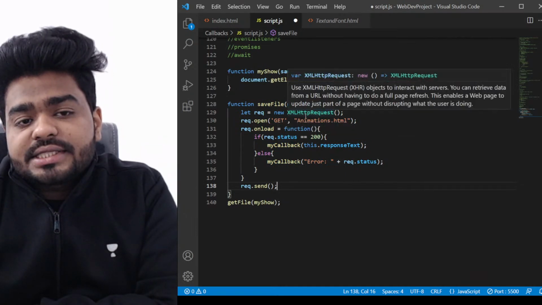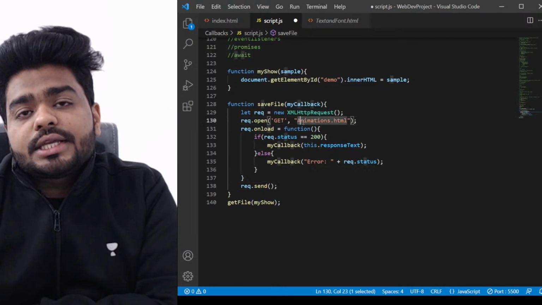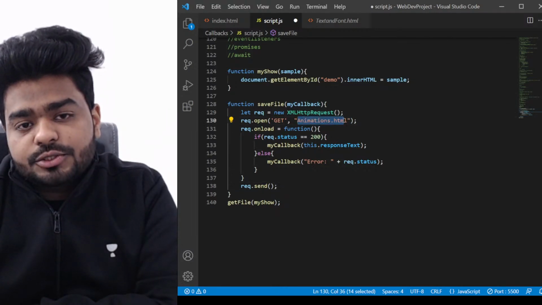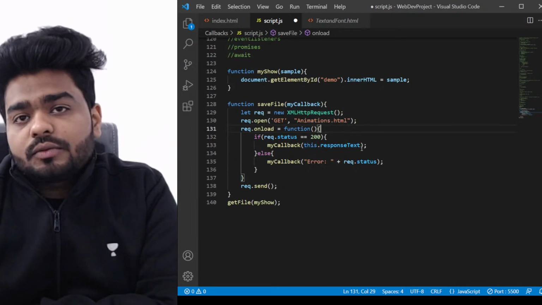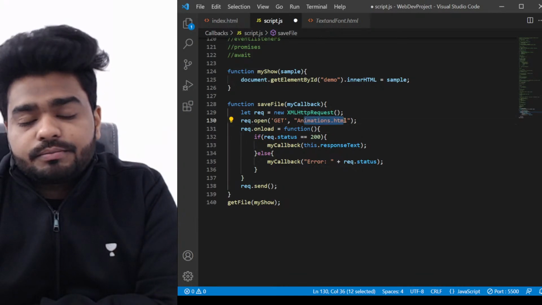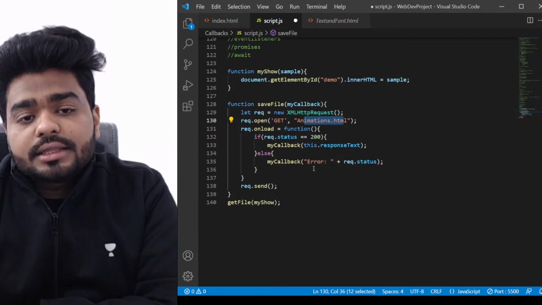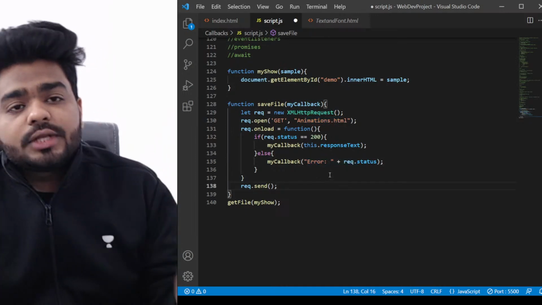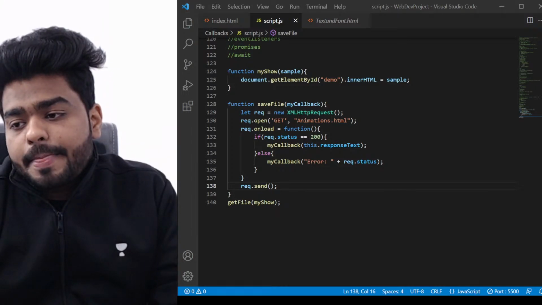Here we are making an HTTP request where we want one of the HTML files to get opened, which is animations.html, and if it gets opened, then we are going to get the page itself. If this page is not fetched, if some error is there in the name of the file or something, then it's going to give me an error. Okay, so now let's have a look at what happens in this code. So if I go back,